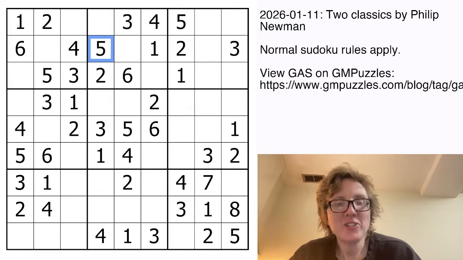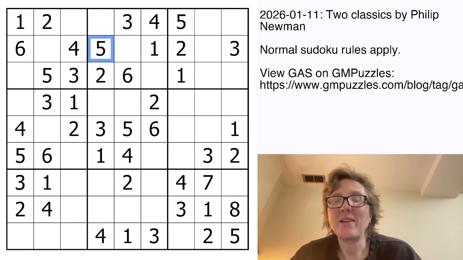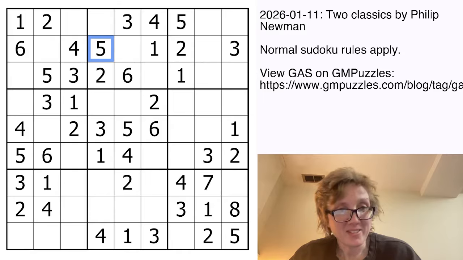These classics share the theme of having an unusually large number of given digits. You can have as few as 17 given digits in a valid classic Sudoku. These ones have, I believe, 45 and 32 given digits respectively. So, let's get started. The first thing I notice is I have this one